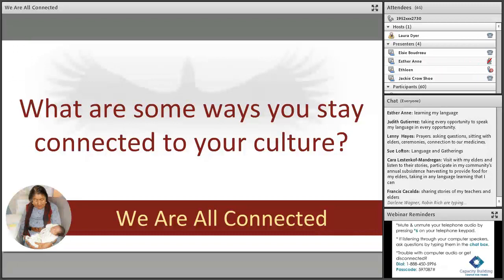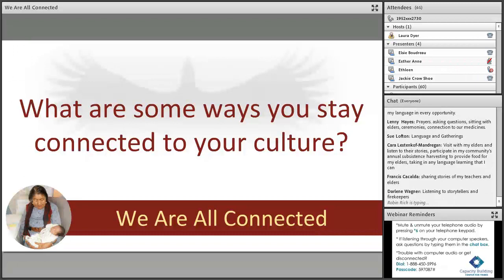And again, I really appreciate somebody had commented about the privacy, and I want to reiterate that there are some things that we just keep within us, that we don't always share. And so I really want to respect that teaching, and acknowledge that even though we may not be sharing it, doesn't mean we don't carry it, right?